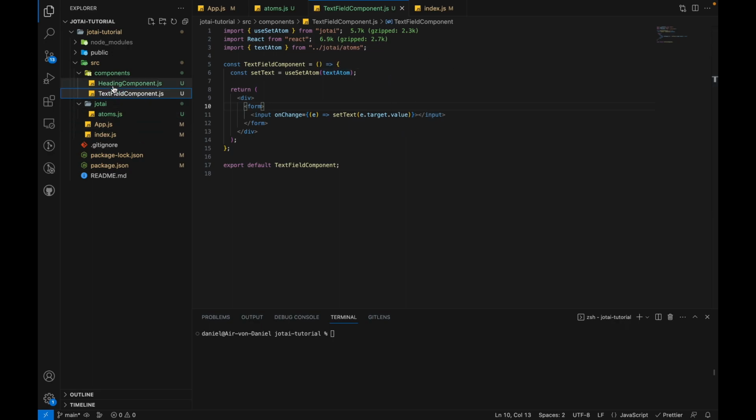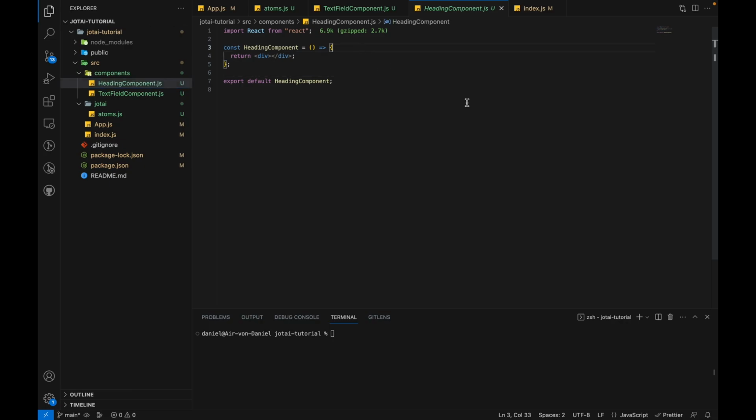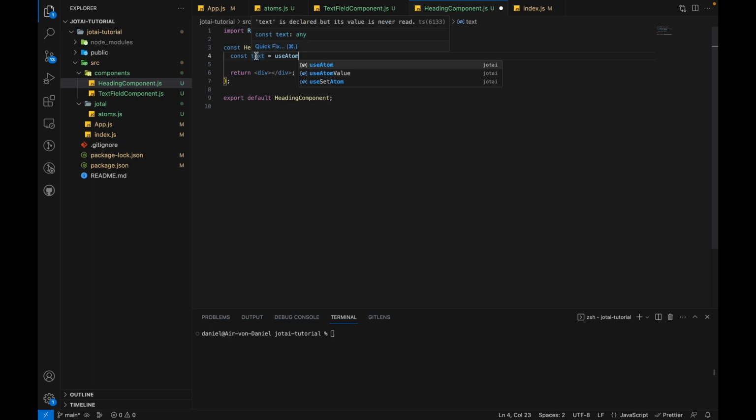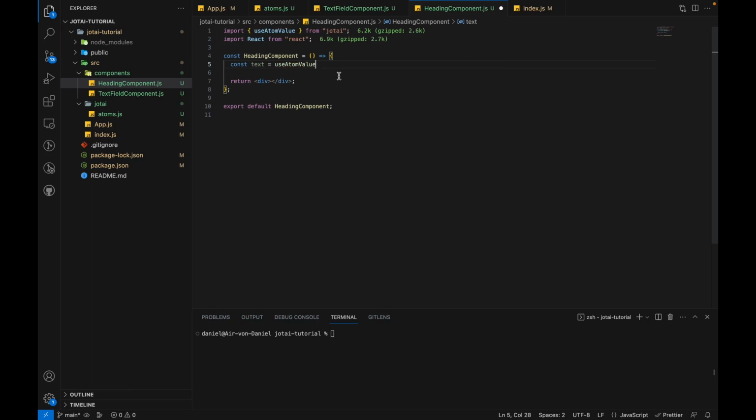And now in this component, I want to access the global state and just retrieve the value of the atom. So let's just do a new constant text. We could just use useAtom because the first value is the getter, but we're just going to use this hook and pass in the text atom,